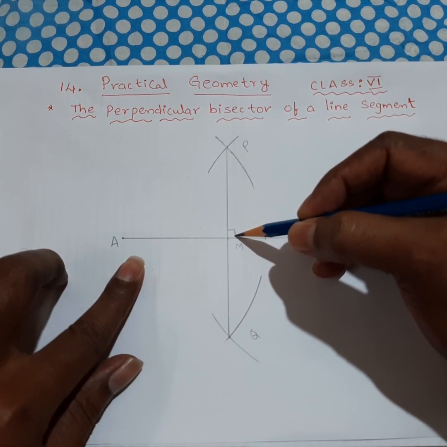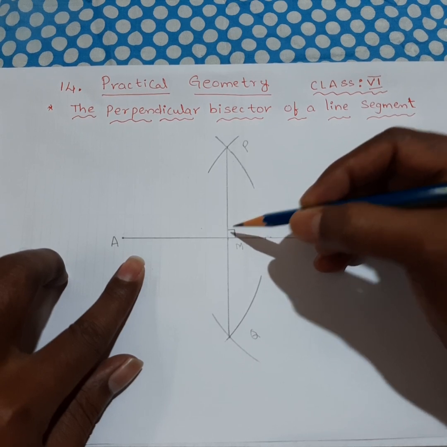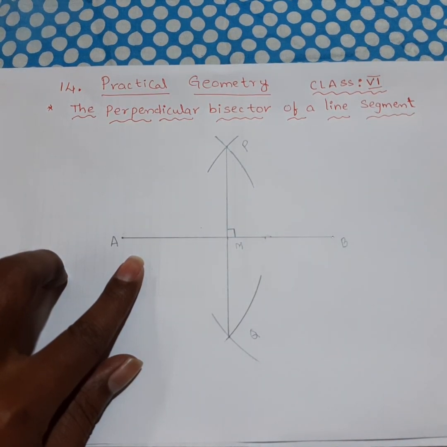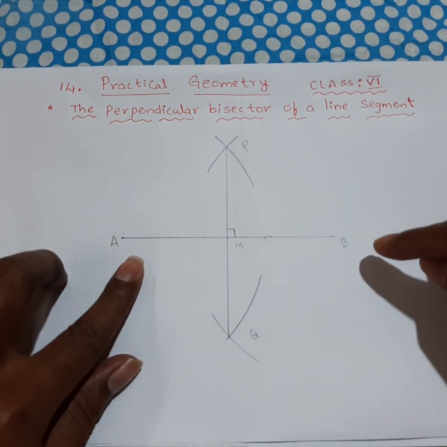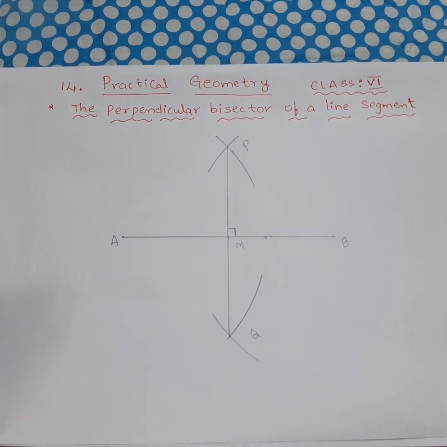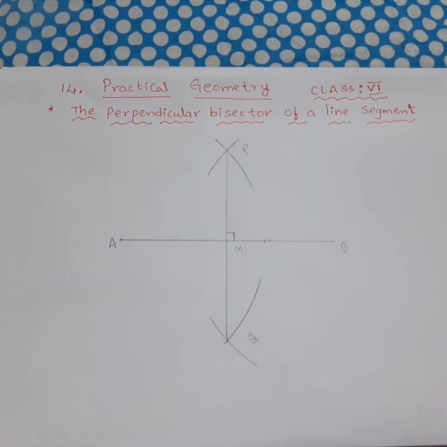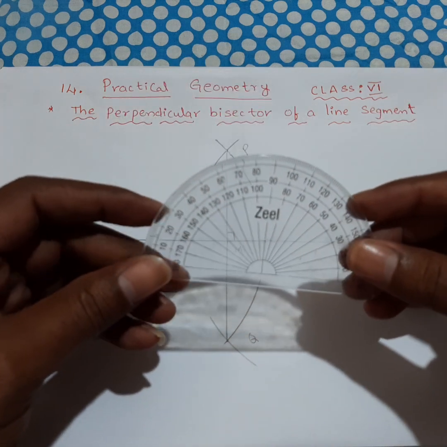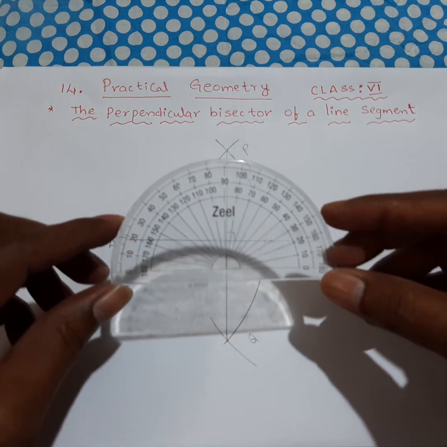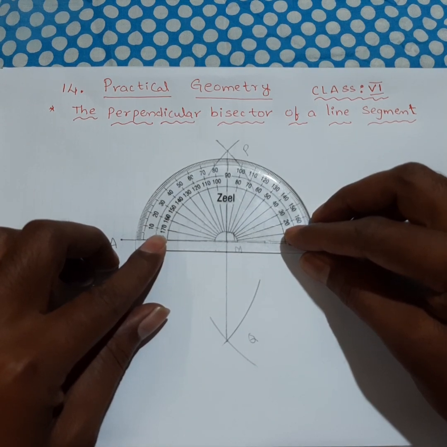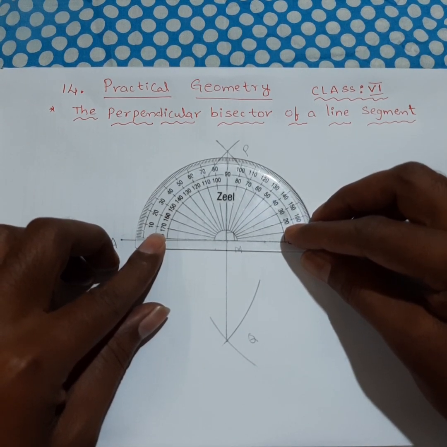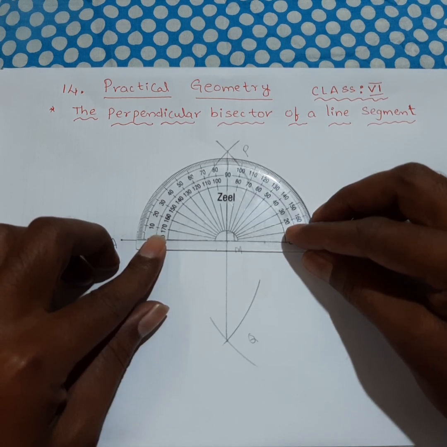angle is 90 degrees. So this is measured with a protractor, which you have now. By using the protractor, we can measure the angle PMB. Okay, that we will check once. Children, you know that this is a protractor. So you need to keep it exactly in the middle. See this here, it is exactly making an angle of 90 degrees at point M.